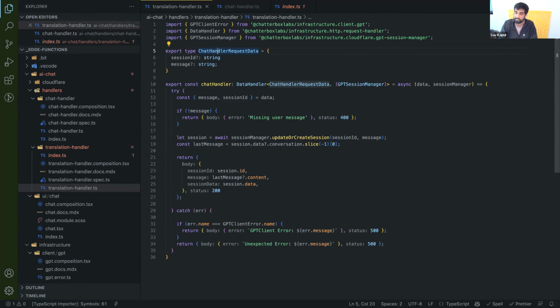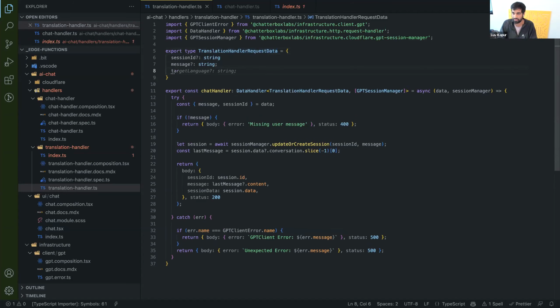All it is, the translation handler needs to describe what kind of request data it accepts. So in our case, translation handler request data will take a session ID and a target language. And if there is no target language, we will just throw an error saying missing target language. Let's extract the target language from here. Let's rename this